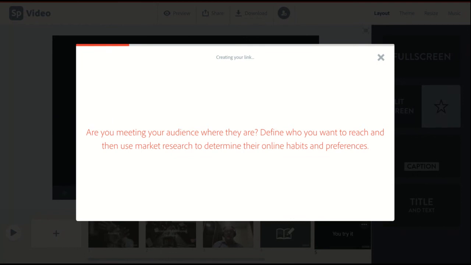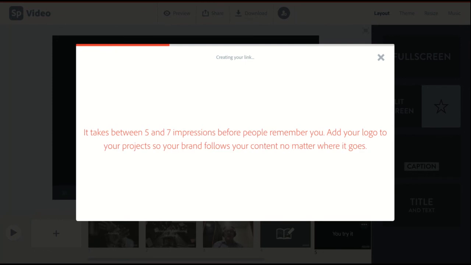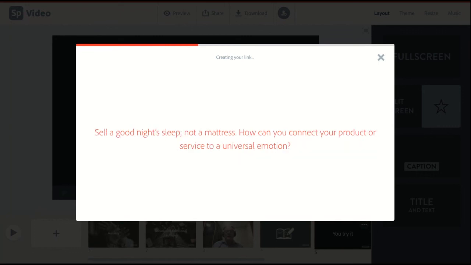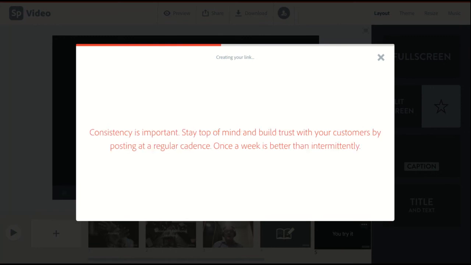But I'll wrap it up there and just leave you with a personal challenge of logging on to Spark and just creating a little video reflection yourself. Do a little social and emotional learning yourself, reflecting on perhaps how you're coping over COVID. Now you can see it's taking a while here to generate that link. It really depends on the time of day. It can go quite fast, or if it's very busy, you just need to be patient. I'm just going to stop it there.